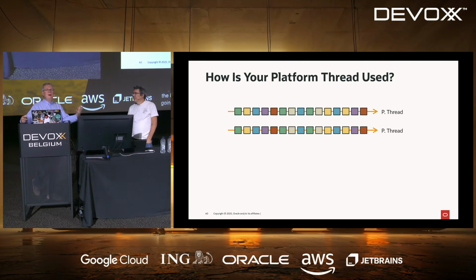Virtual threads are not about getting better performance. They are about writing better code that is more readable and about getting meaningful stack traces when you have exceptions in your code. It's not about getting better performance because your CPU is already busy 100% of the time. So you cannot squeeze any more performance from your CPU.